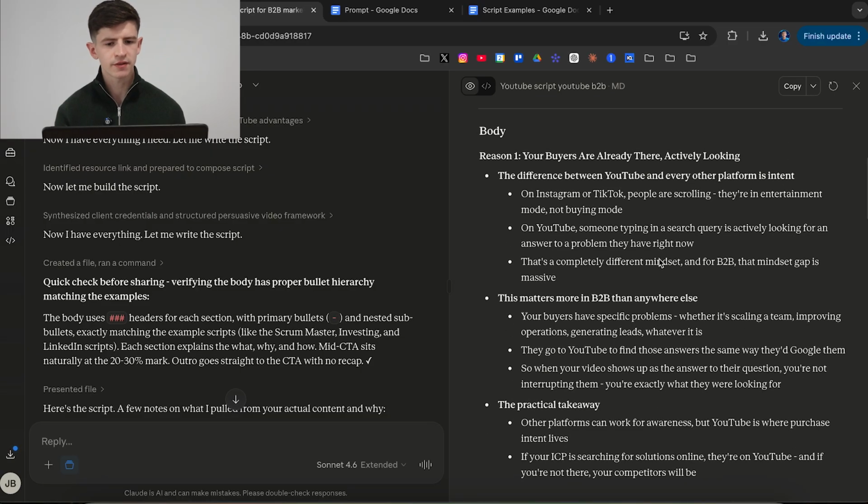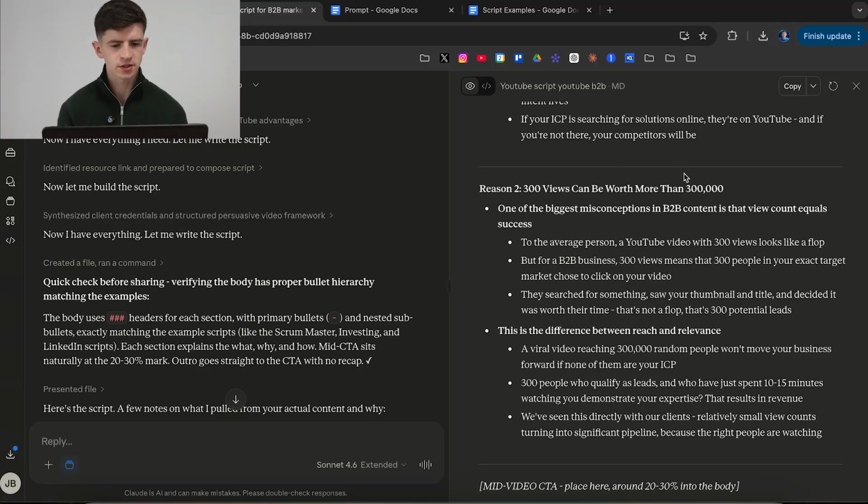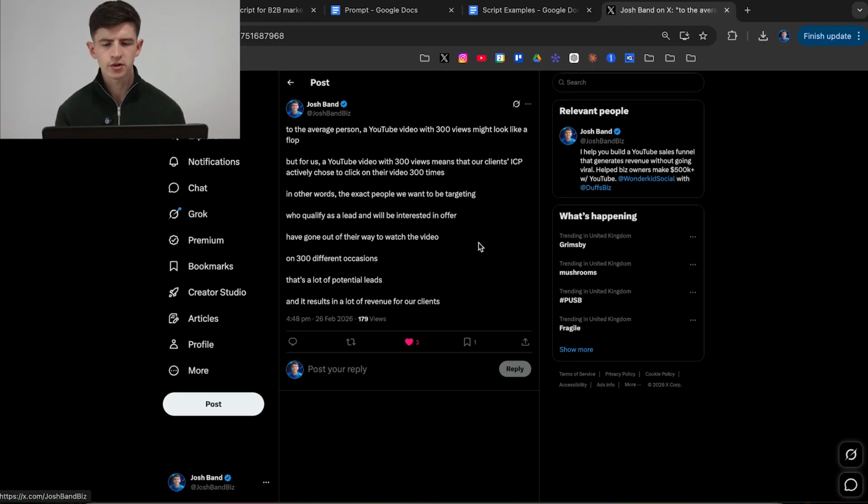So as you can see here, if I go into the details, it's talking about the differences between YouTube and Instagram and TikTok. This is directly from one of my tweets. I remember tweeting this. The same here about the 300 views versus 300,000 views. That is directly from my Twitter. In fact, let me find you this tweet that I put up. So, here it is talking about 300 views and how that's actually a lot of people on a YouTube sales funnel.